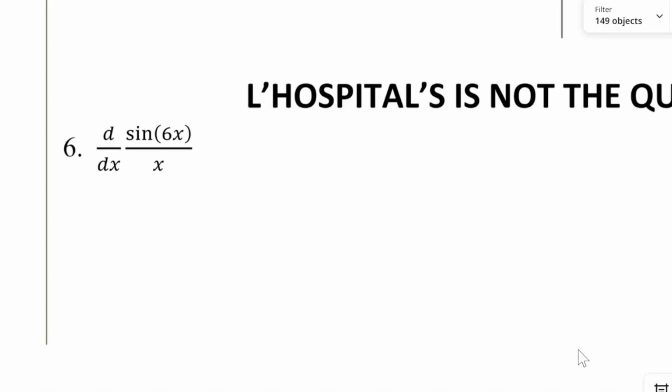So quotient rule, for me, I do it "low d high minus high d low"; that's how I remember it. So the first part is f prime g. So derivative of the top is cosine 6x times 6. That's all just f prime, and then times g. So that part's done. Minus